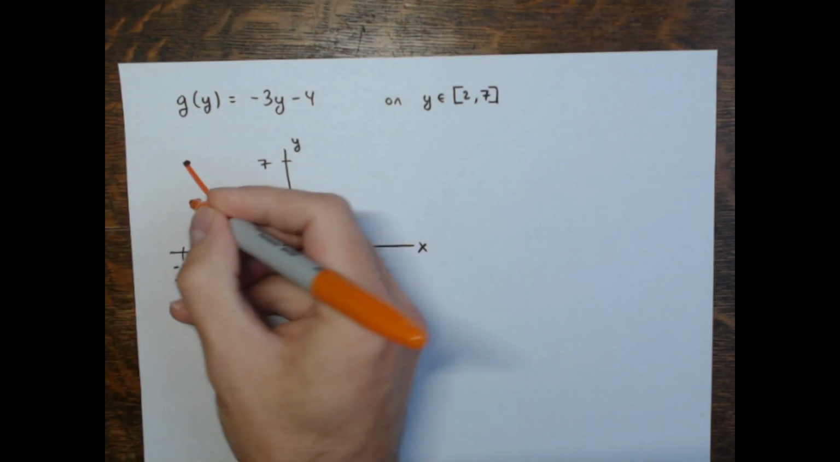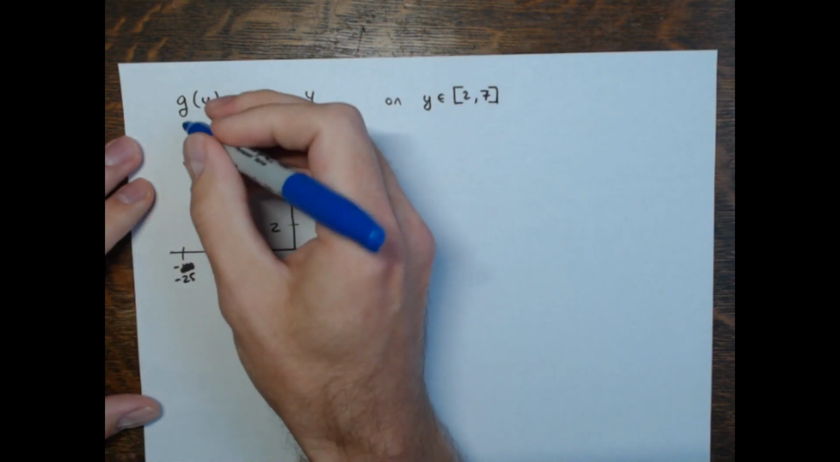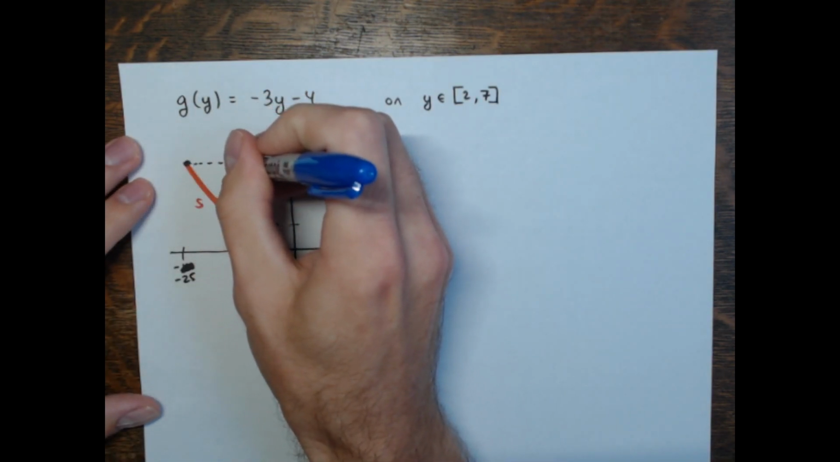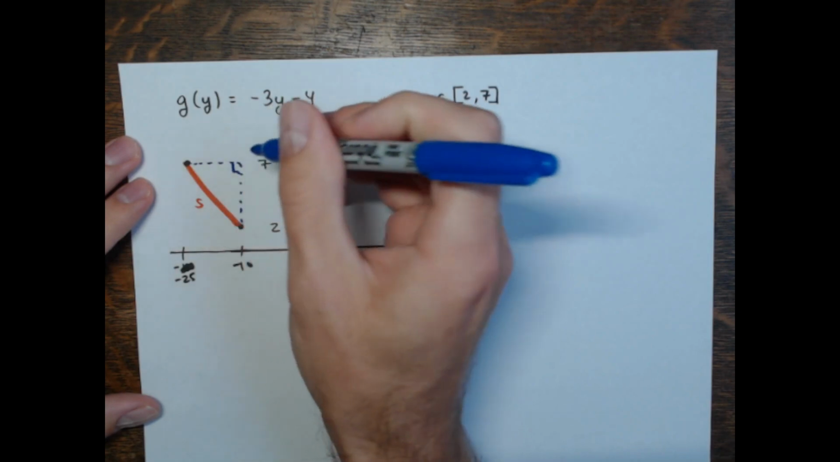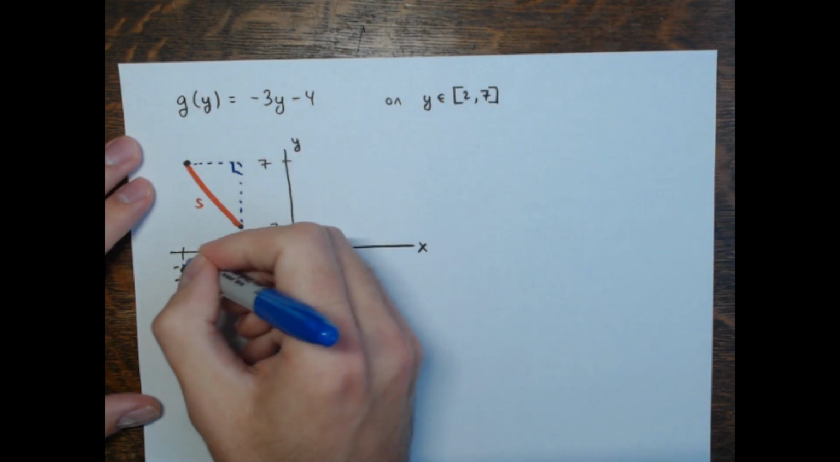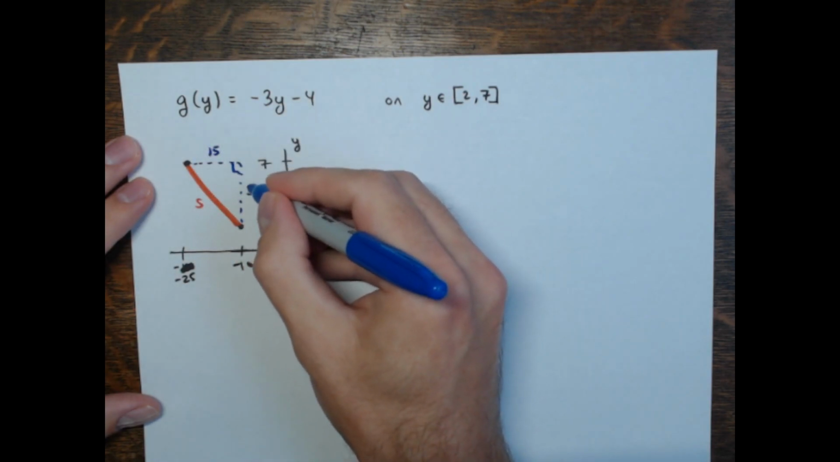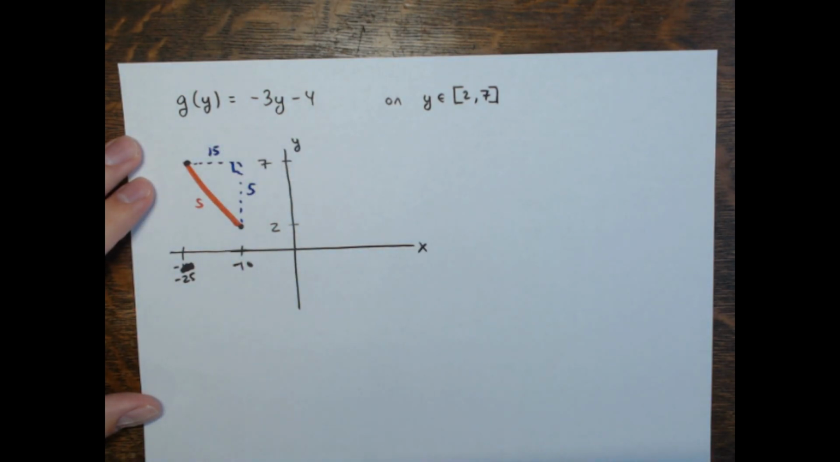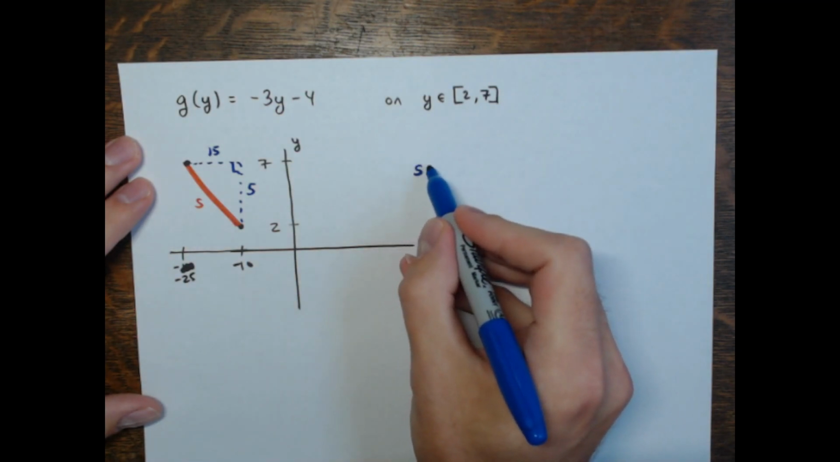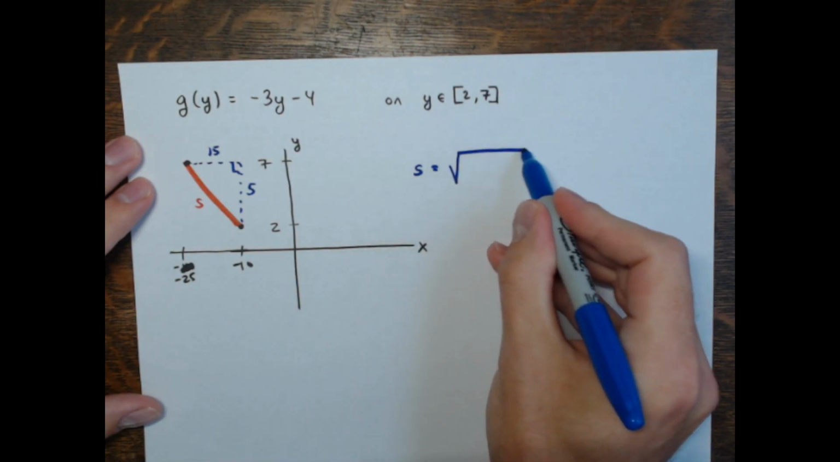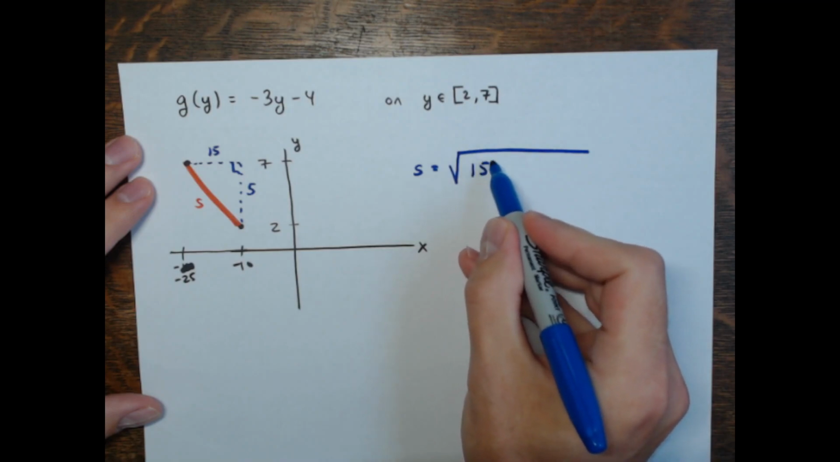And what's s, right? What's this arc length? Well, I can break this up pretty easily into horizontal and vertical. If it's a straight line, I can just make a big right triangle. Say this distance here is 15 units. This distance here is 5 units, right, from 2 to 7. And so s is the square root of 15 squared plus 5 squared,